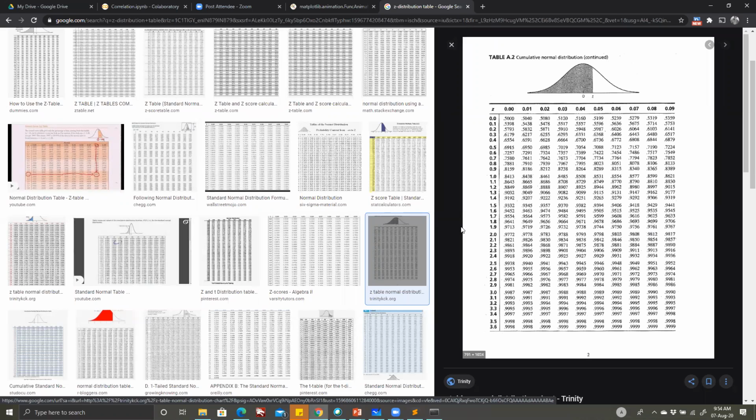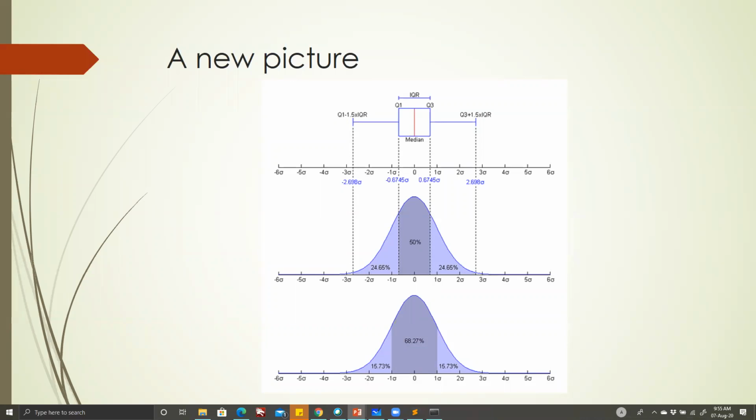So basically, it will serve as a comparison basis for any kind of normal distribution that we will deal with in the future. That's why we are taking the Z distribution. It's just a mathematical tool. That's all.